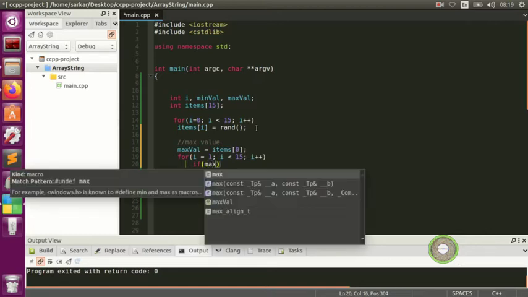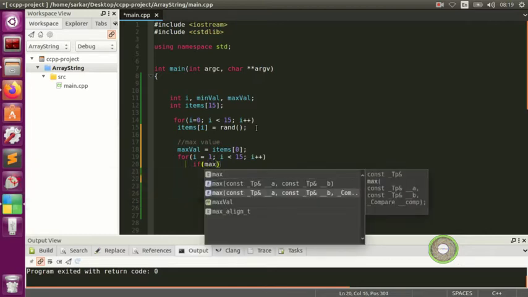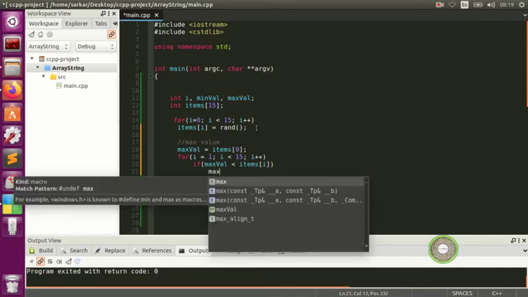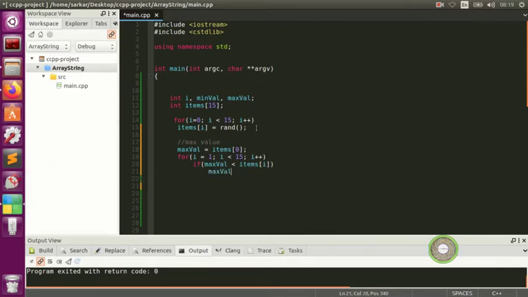So we want to put a max val, our maximum value, is less than items[i]. Item i, and we want to put a maximum value. Maximum value is equal to items[i]. Okay, item i, and now we're going to see out